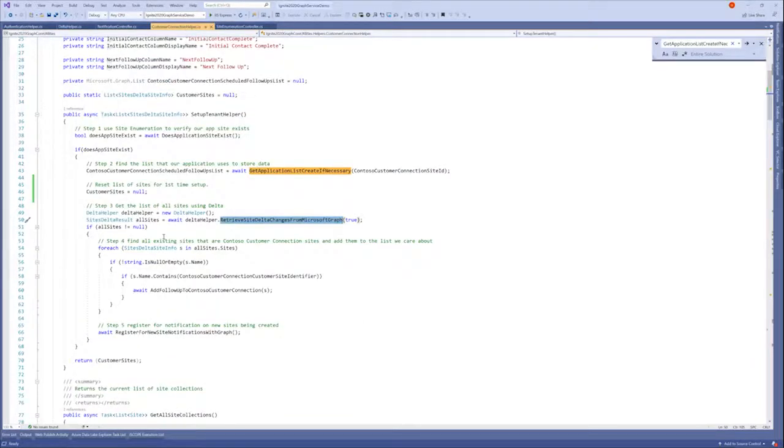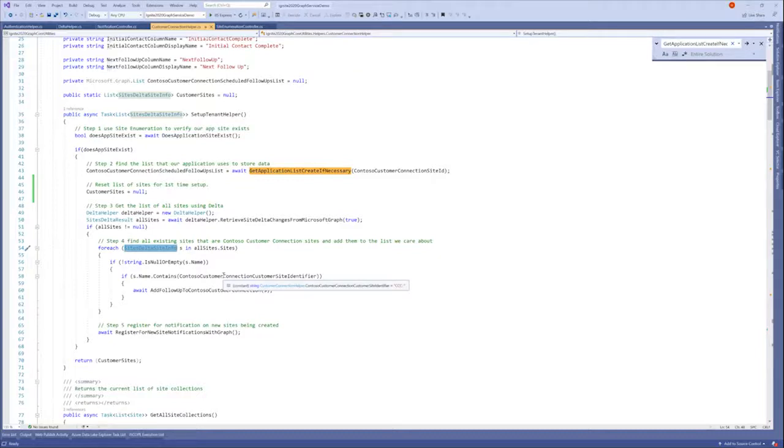So sites Delta is going to return me a list of site information. In this application, I have a helper type that it's going to come back as the sites Delta result. You can interrogate the JSON yourself to see how that works, but it's fairly straightforward. Once I've got the Delta result, if we go back over to our other call, really simple. We're just going to loop through the list of site information that came back, and then we're going to look for any site that starts with